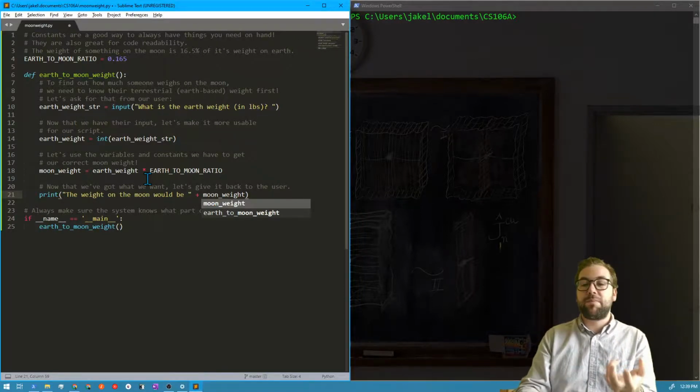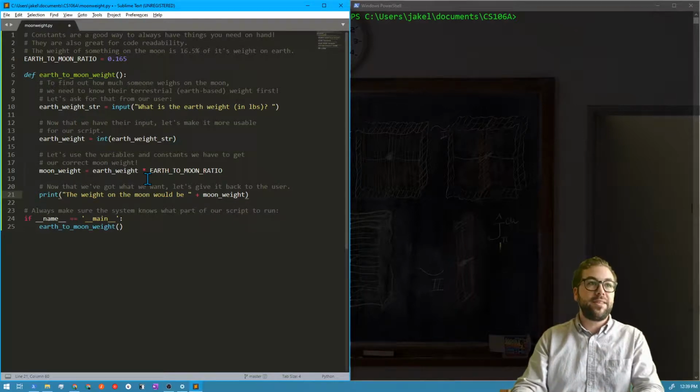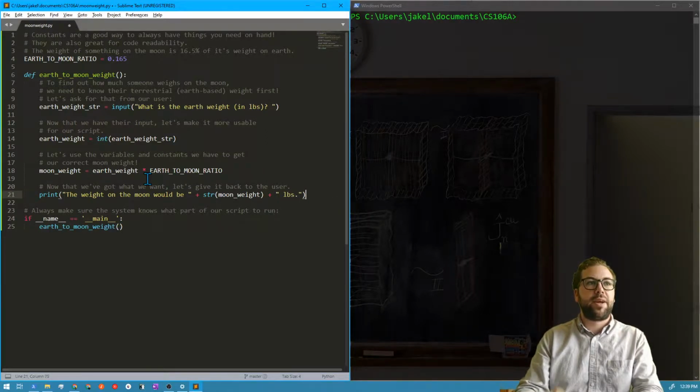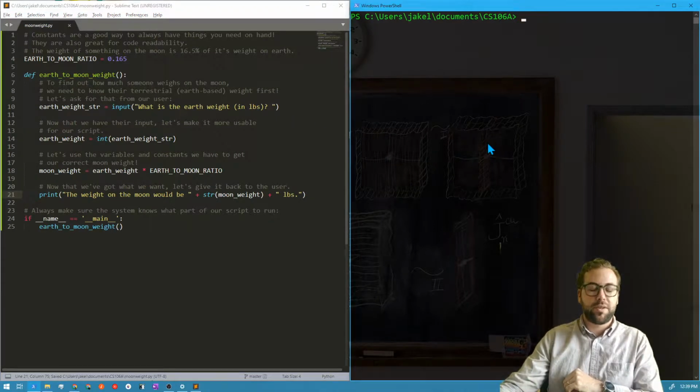And to print something out, it needs to be a string. So just like before where we said it was an int, we want to make this one into a string to be printed out. After that, I can put lbs to remind them that it's in pounds and finish off that print statement. So if we save this and we come over here and run it,